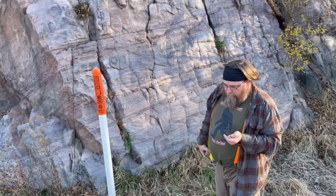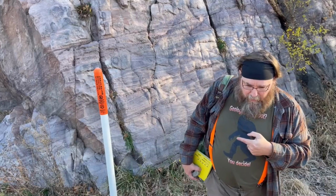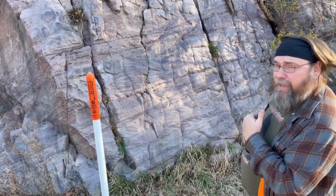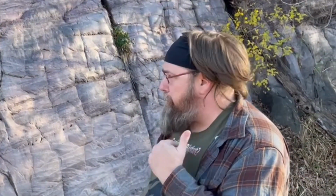But today we're going to talk about this. We are in the Baraboo syncline. We are on what is called the South Limb. The South Limb are the gentle dipping parts of the Baraboo Quartzite. For those of you that heard me talk about the Baraboo before, the Baraboo Quartzite is Precambrian, Mesoproterozoic, we think, or circa